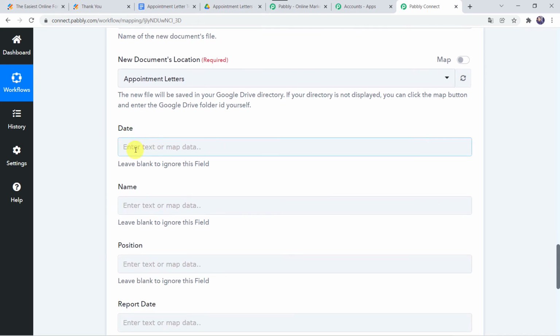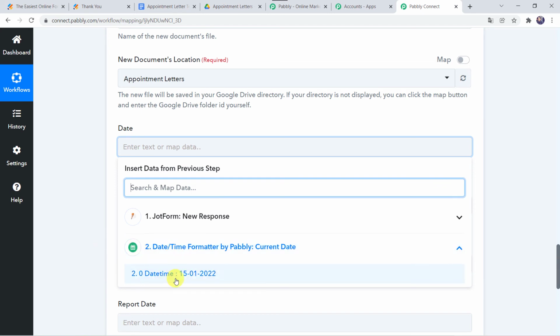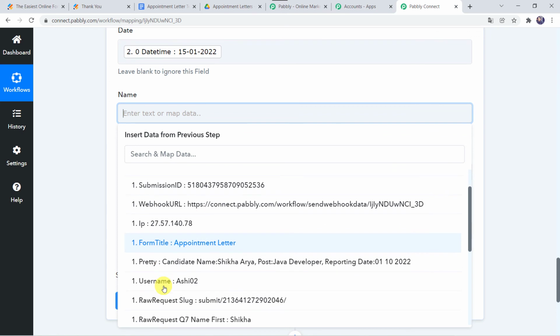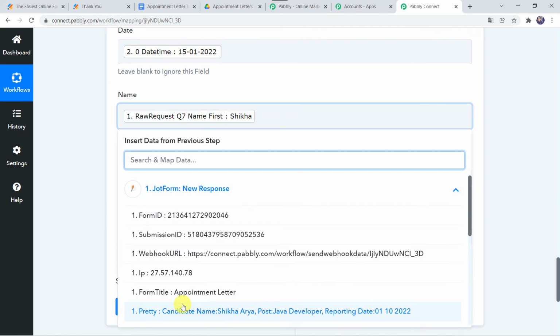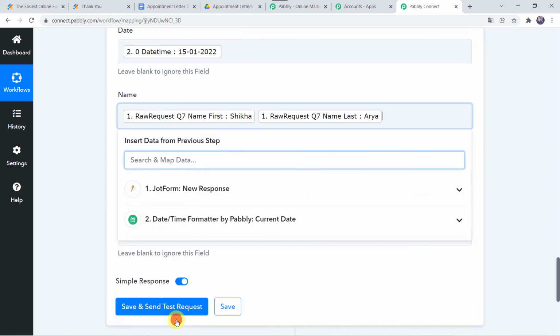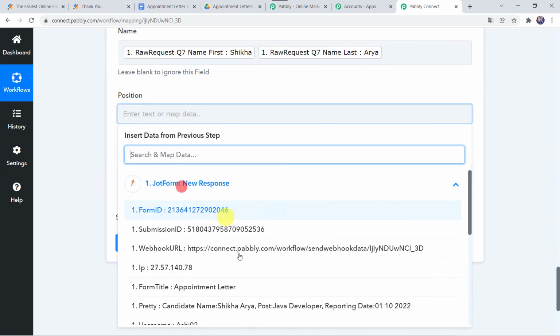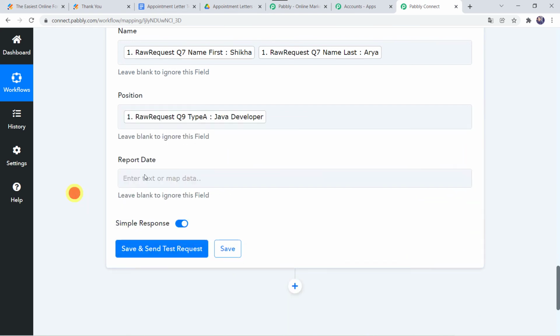Okay. Now here we have to map the date, that is the current date that we have received from date and time formatter. Here we have to map the name of the candidate, that is Shikha, along with the last name, that is Arya. Here we have to map the position. So let us map it from JotForm response, and the position was Java developer.